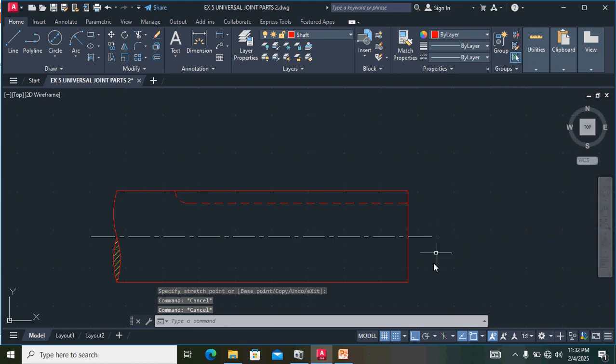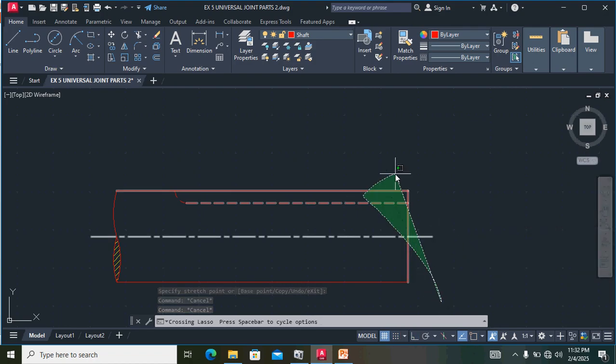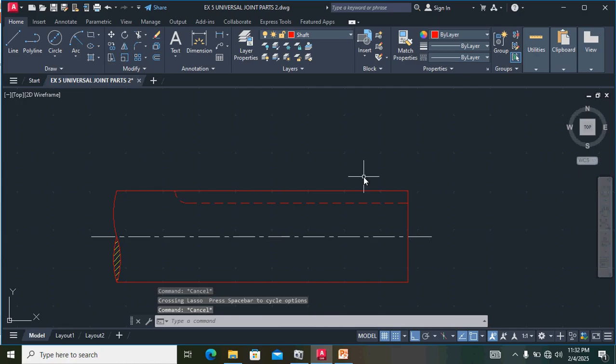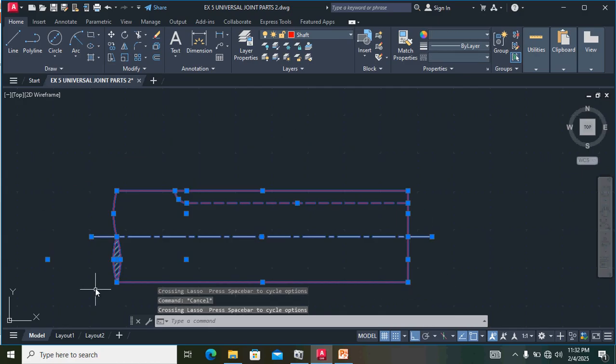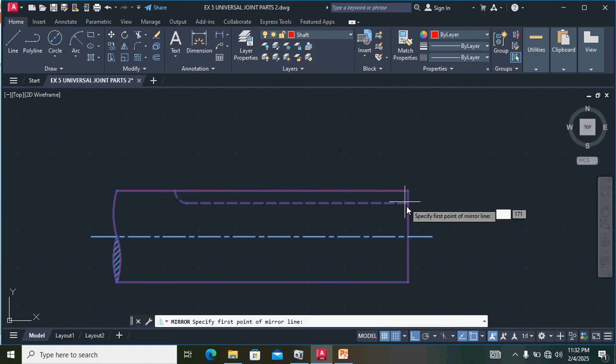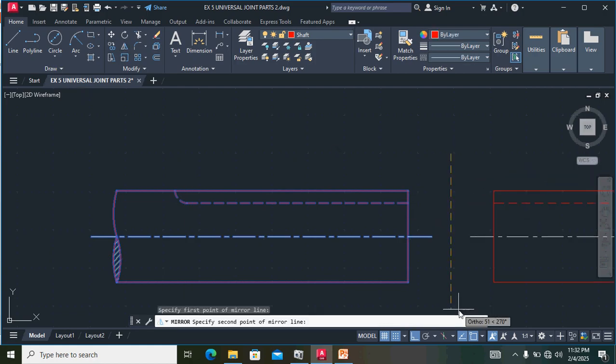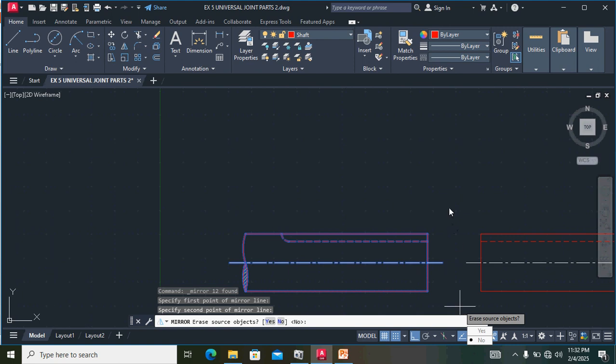Then we select this shaft and take mirror. Select the shaft and take mirror from the center point, from this center line. So now we have created another shaft. Now, with the shaft done, next we have to draw the